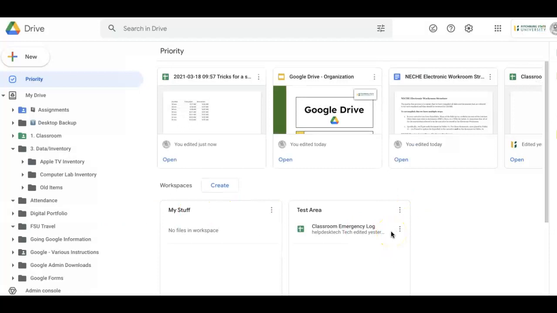So if you'd prefer to make these collection areas for yourself, again, based on a topic, a project, a department, you could do that as well. They're short-lived in the sense that you can only have up to 25 files, but this is for you. This isn't going to change the permissions or access of the files, and it's not going to change where they're located over here. This is just a quick access point for yourself.